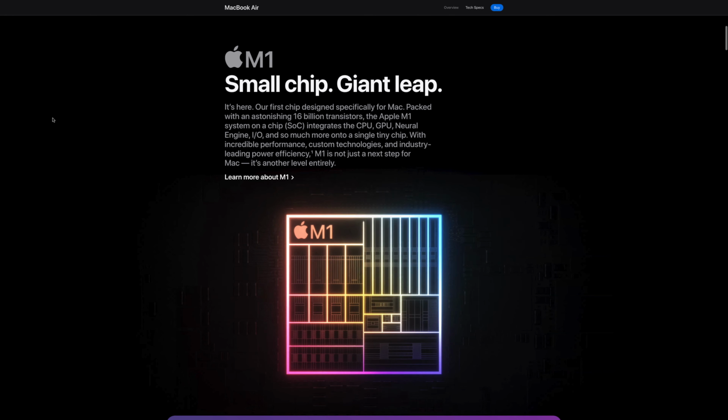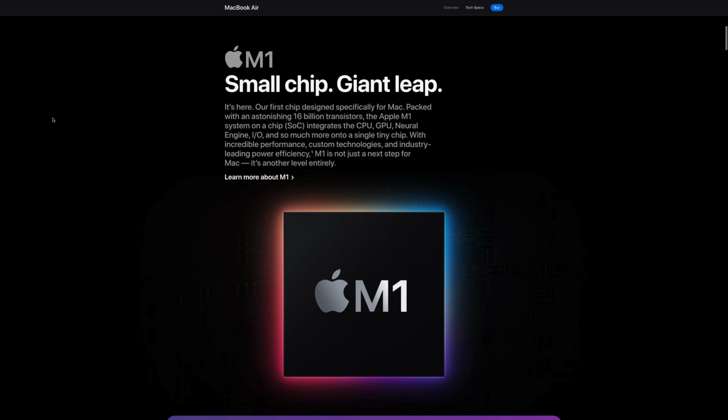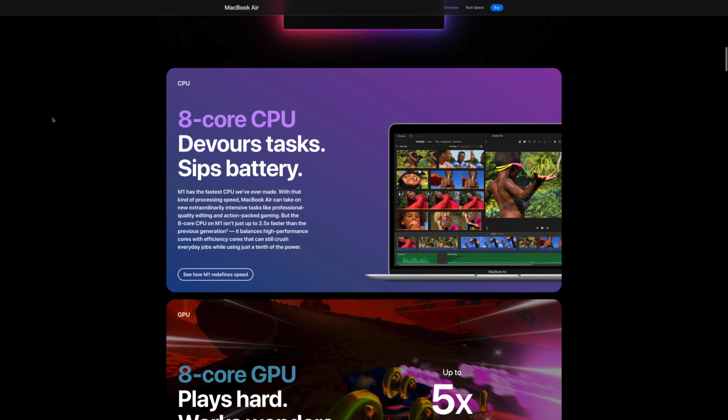Now, we don't have benchmarks yet officially for what the M1 chip is capable of. And if you don't know what a benchmark is, it's essentially a standardized stress test that pushes a certain part of a computer, a processor, to a certain point and then measures how well it does. This gives you a uniform standard for what any one piece of hardware is capable of across lots of different computers, lots of different pieces of hardware.